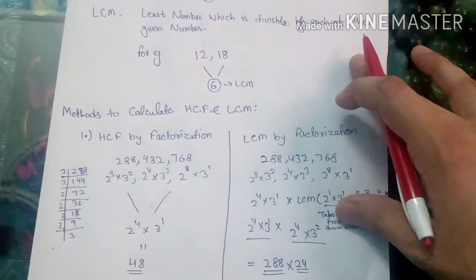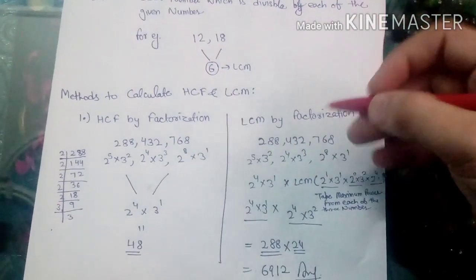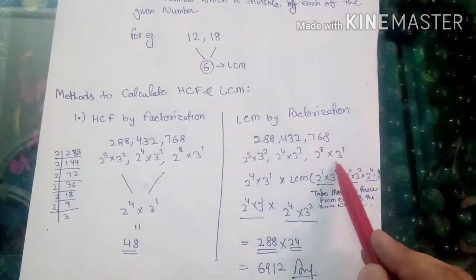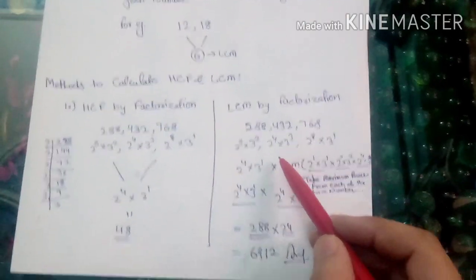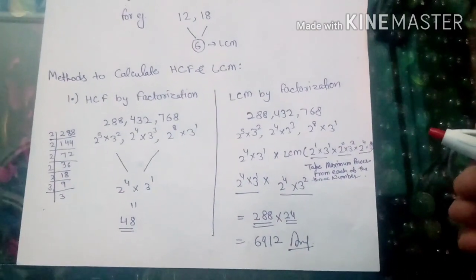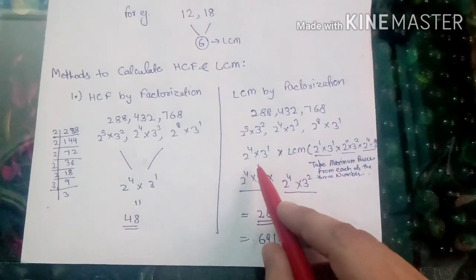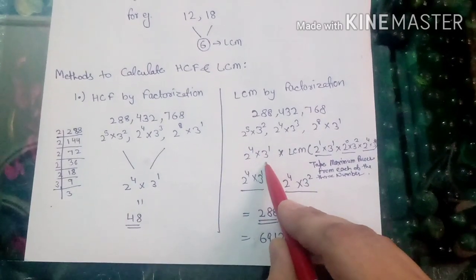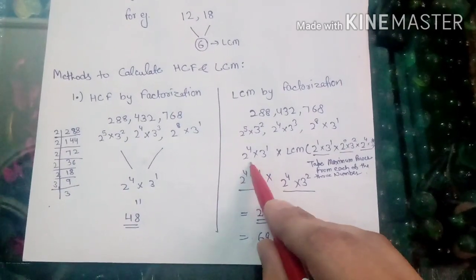Now we will see that the same method can be used for LCM as well. You first prime factorize the given numbers, which can be written as this, this and this. This is the same method we used in the HCF method. In the calculation of LCM there is basically one extra step. First of all you take out the maximum common part: 2 to the power 4 and 3 to the power 1 is common and is taken out, and this is the same as the HCF. This always remains the HCF.